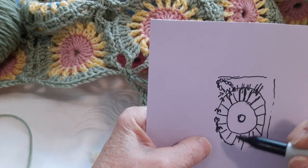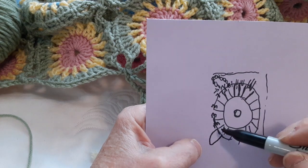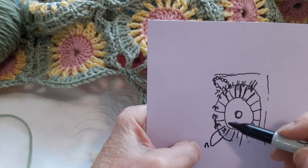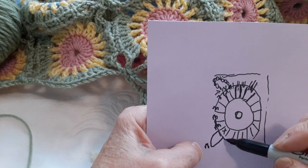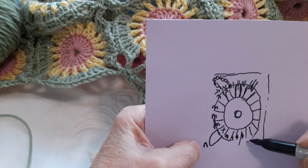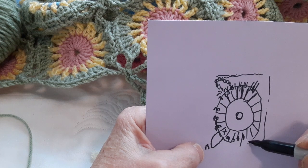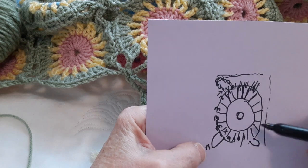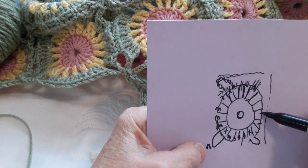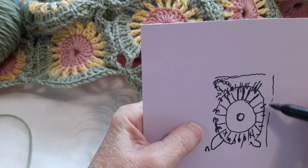I just want you to see it. Then you're going to take and repeat it with a chain. Nothing goes in there. So you go chain 7. And then you come back down and double crochet in the next one. 3, 3, 3, 3. And guess what? Then you're going to, that's 1, 2, 3, 4. Then you're going to have another chain. And you're not going to put anything in there. And then you're going to go 1, 2, 3, 4. And this is why I said count,